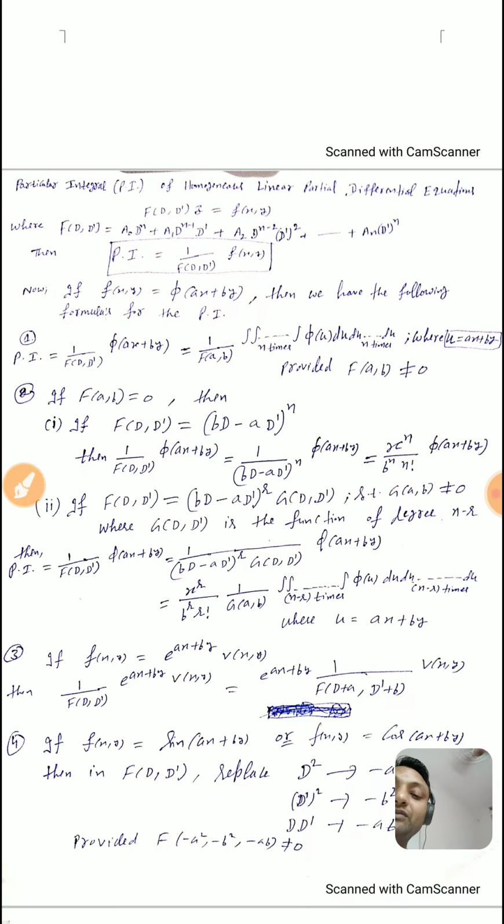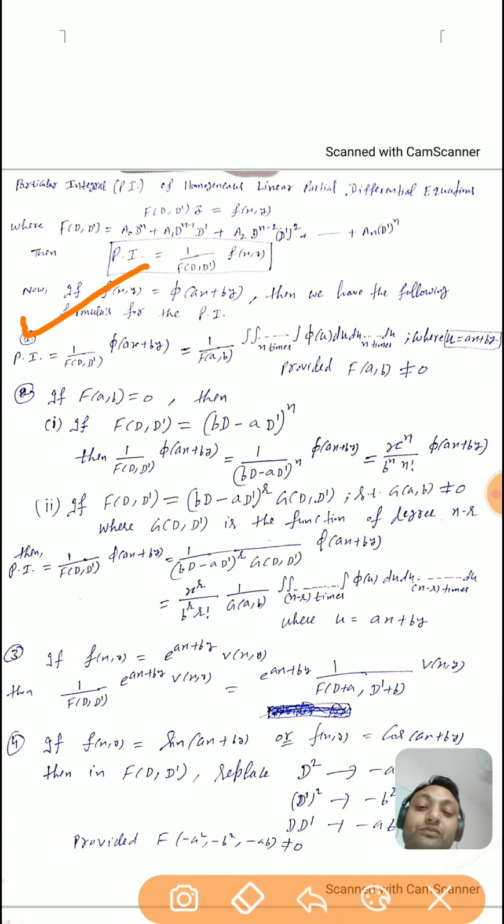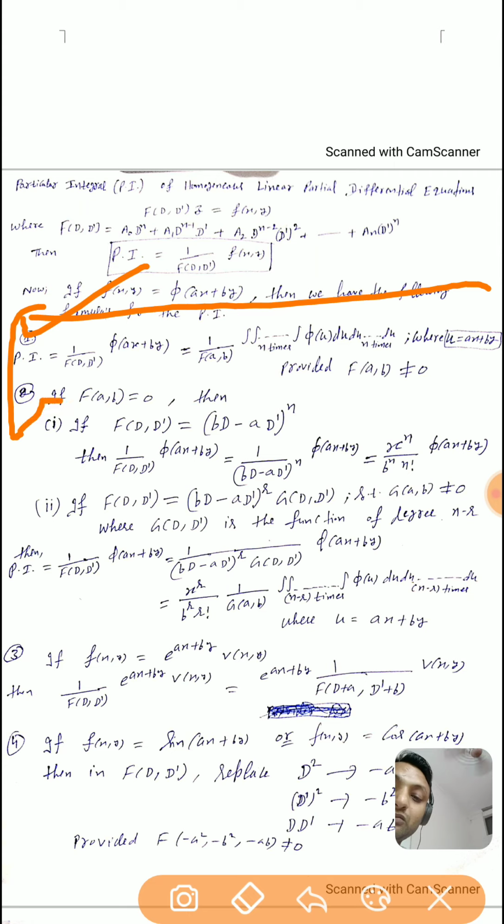The first formula to find the particular integral is that when the function f(x, y) is of the form of a function of ax plus by, then the particular integral will be equal to 1 upon f(D, D') operating on the function of ax plus by, is equal to 1 upon f(a, b). So you can see D is replaced by a and D' is replaced by b,